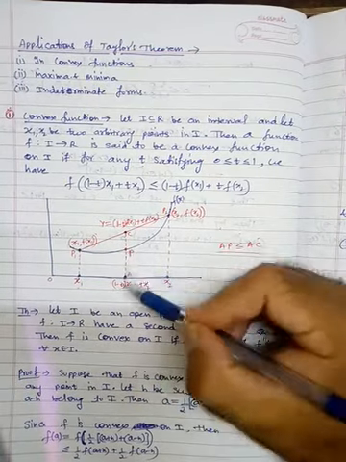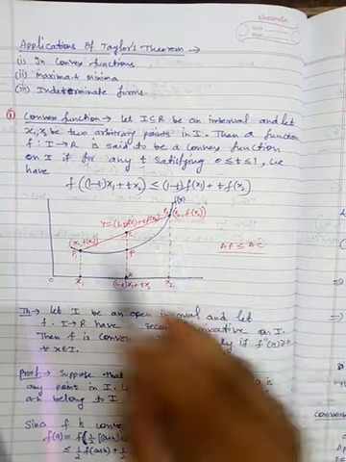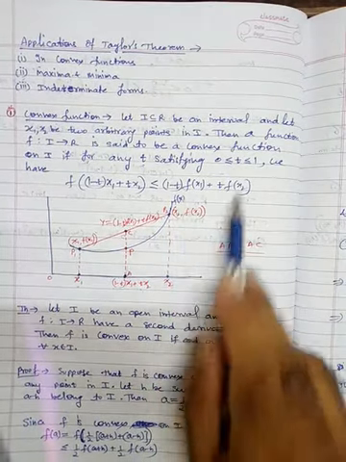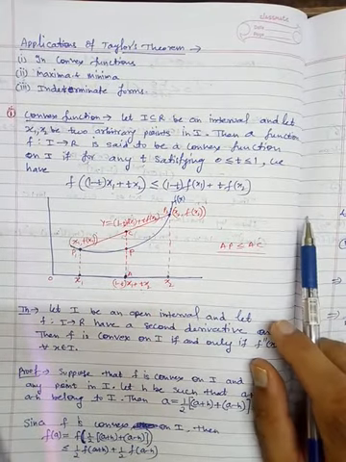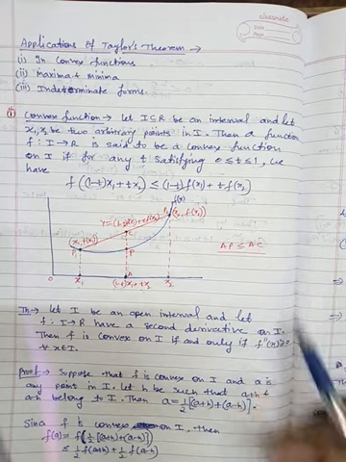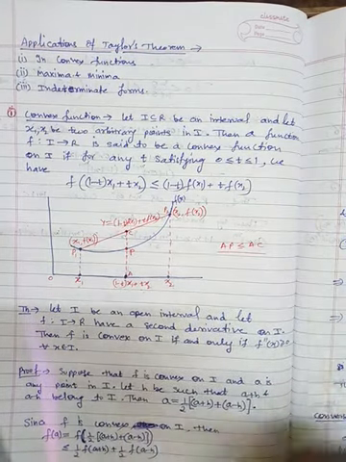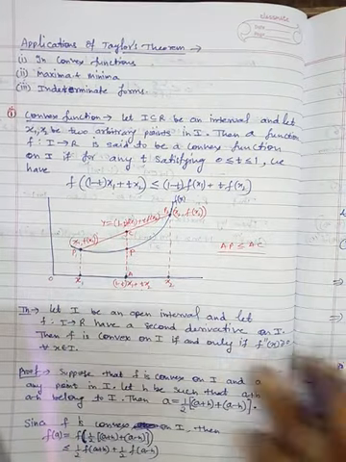However, the left hand side is AP. So AP is less than or equal to AC according to this graph, and hence whenever any given function satisfies this property, the function is known as a convex function. Generally the shape of a convex function is a bowl shape. So this is the meaning of this inequality.